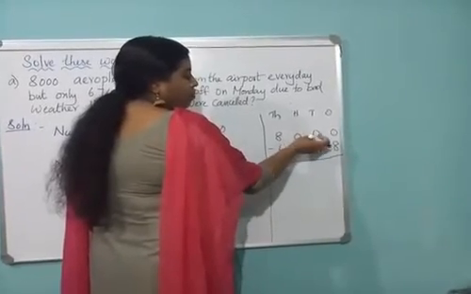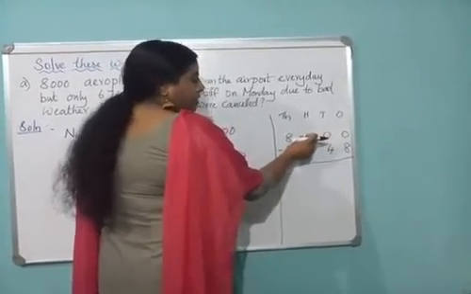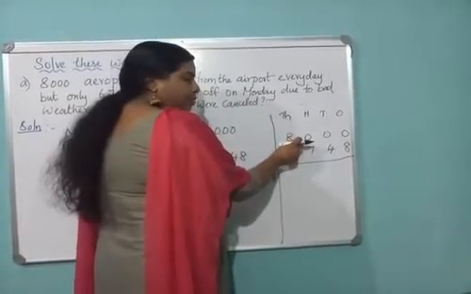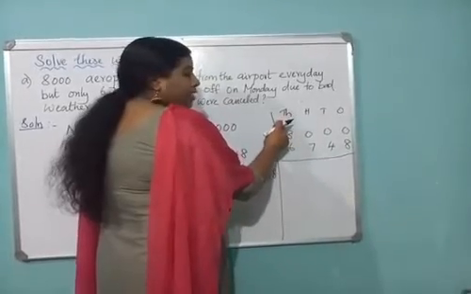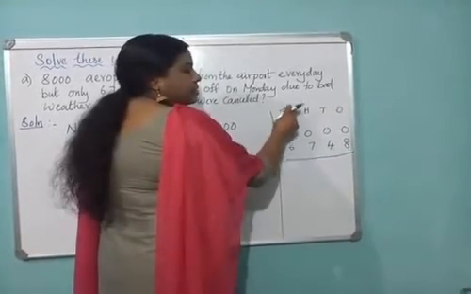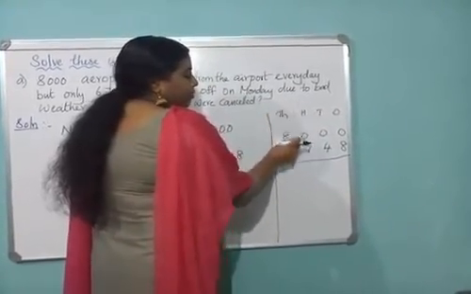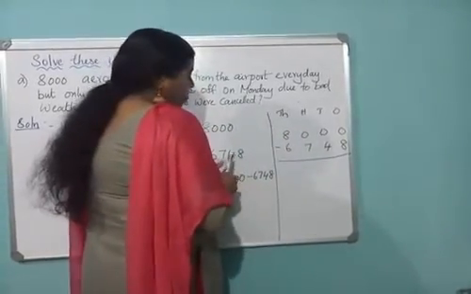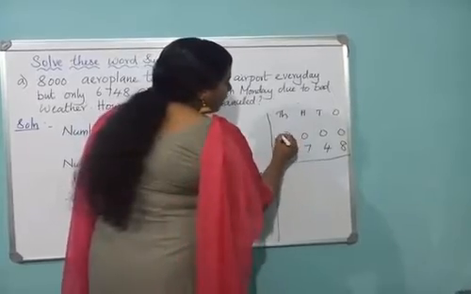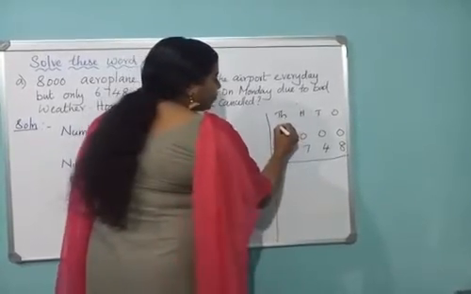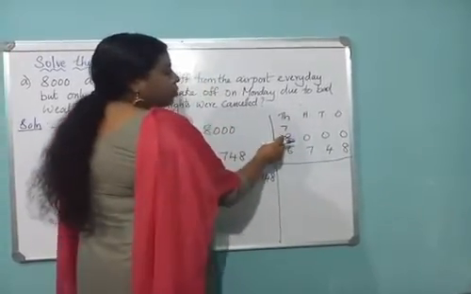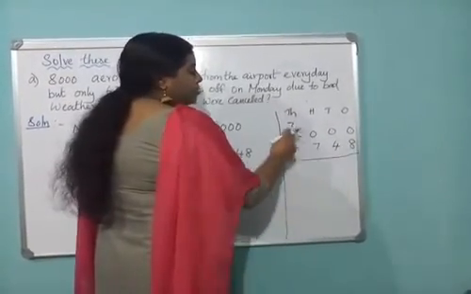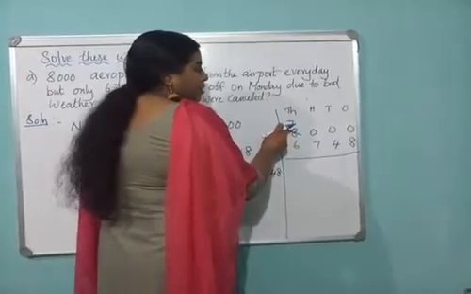So we will ask from the next place. The next place is hundreds, and here again we have the digit 0. Now again borrow from the next place. The next place comes as thousands, and here we have 8. So we will borrow from the thousands place. Here 8 will be cancelled and we will write 7. Why did we write 7? This is 8,000. We remove 1,000, so we have now only 7,000.